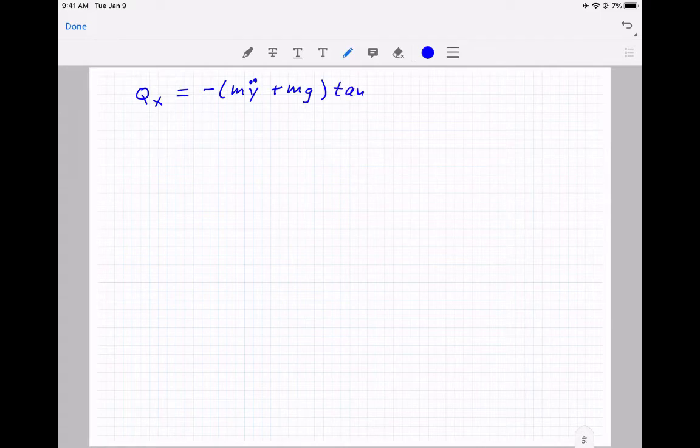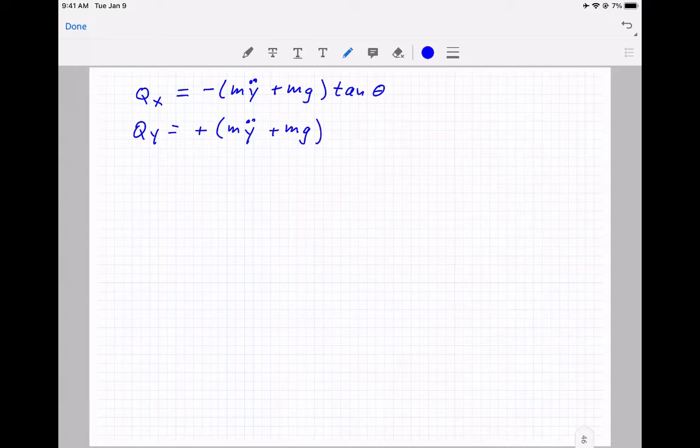That's the derivative of df dx. Okay, and then I have a qy, which, because it has a plus out front, is going to be m y double dot plus mg, and then df dy is just equal to 1. Okay,